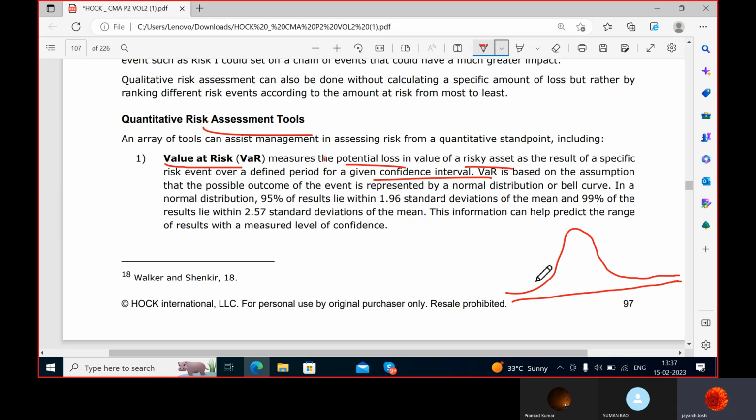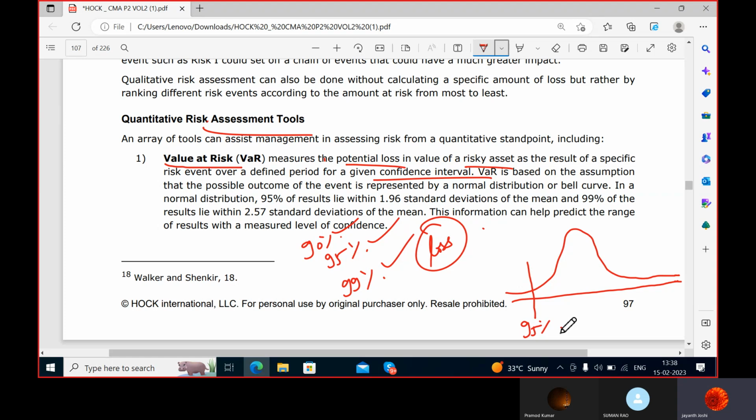These are some technical terms, so don't go for those technical terms, but you understand what VaR is. Suppose I keep it here, and the confidence interval is suppose 95%. There are three types of confidence levels: 90%, 95%, 99%. So you can keep these levels. Okay. And why did I take the left side, not the right side? Because I am measuring loss. Okay. So suppose this is my 95% confidence interval.